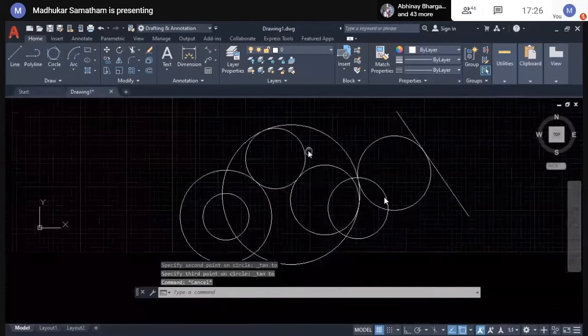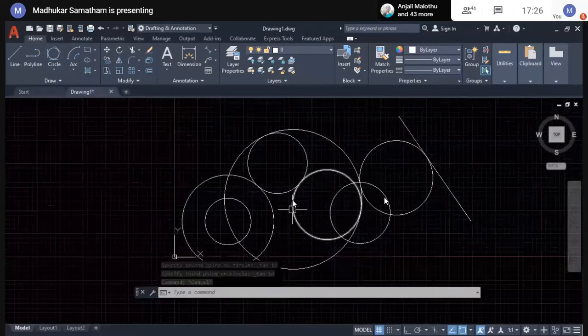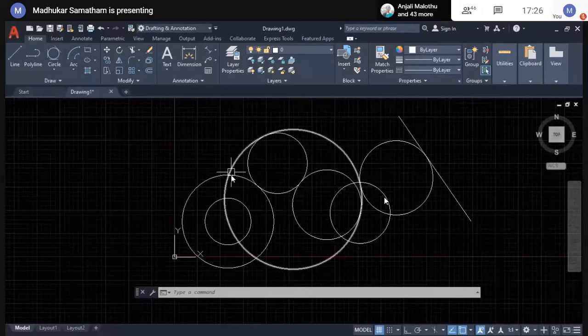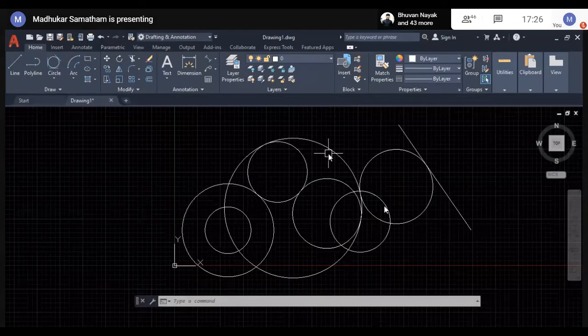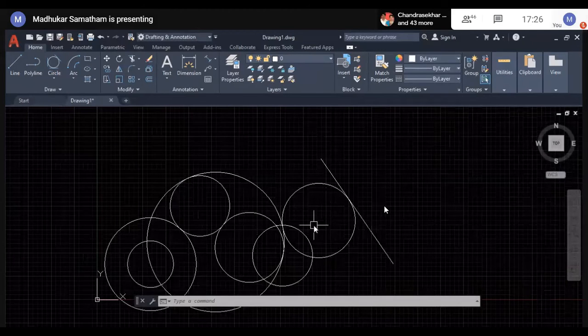See? Tangent to this circle, tangent to this circle, tangent to this circle. We don't know any parameters of the circle, like how much radius it is, where the center point lies. We don't know those parameters, even though we can construct a circle by using this tangent, tangent, tangent option. I hope all of you understand. If you have any doubts, you can raise later.